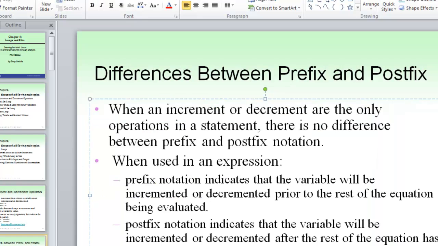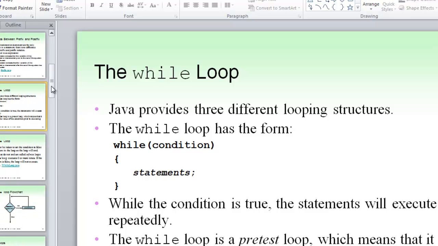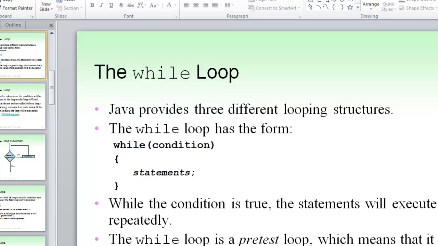Okay, the next thing, we're getting into looping now. Java provides what they're calling in the book different looping structures. Now, we need to be familiar with terminology. The terminology that we're going to be looking for at this point is that